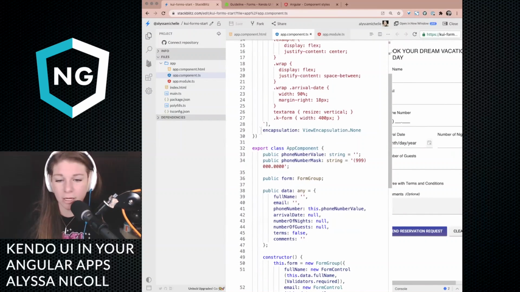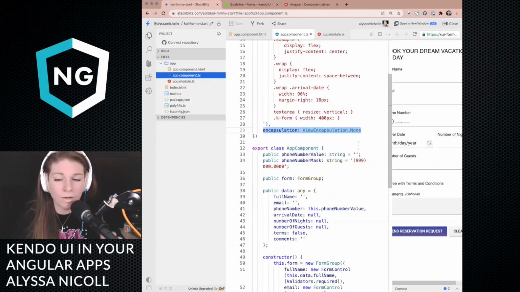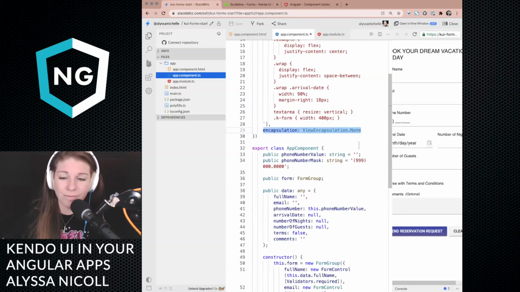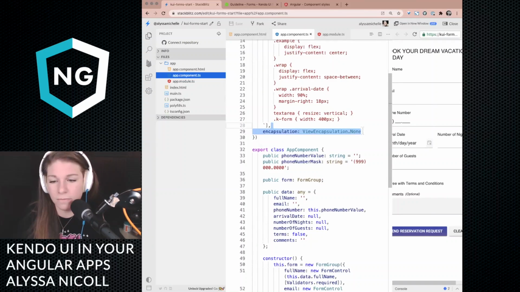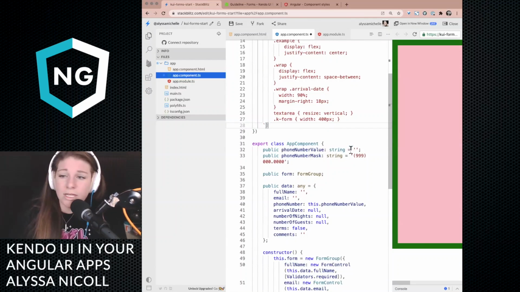If you see down here below our styles, I have encapsulation: ViewEncapsulation.None. Angular has a very special way of doing view encapsulation, and by default, it is turned on. So if I just get rid of this line completely, we should get a lot of weird styles happening.